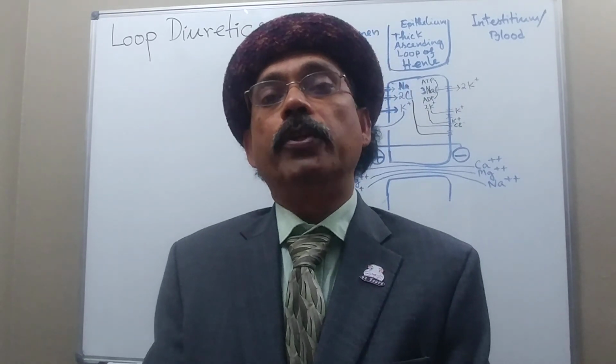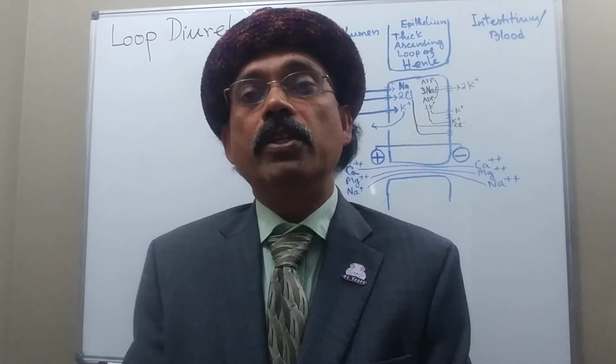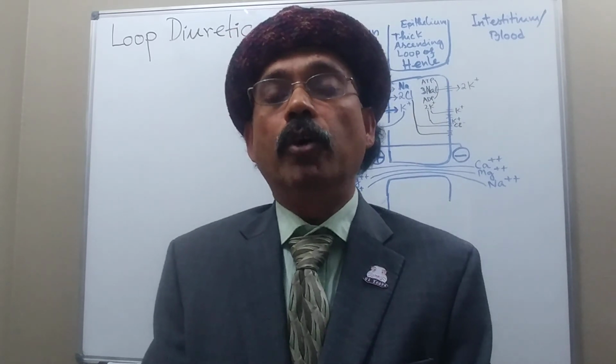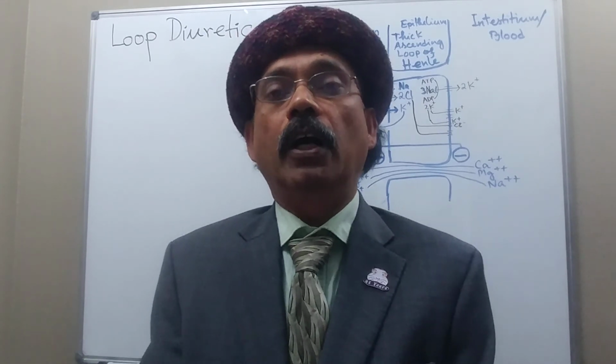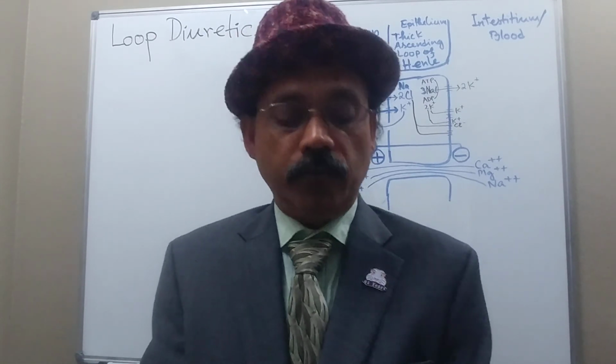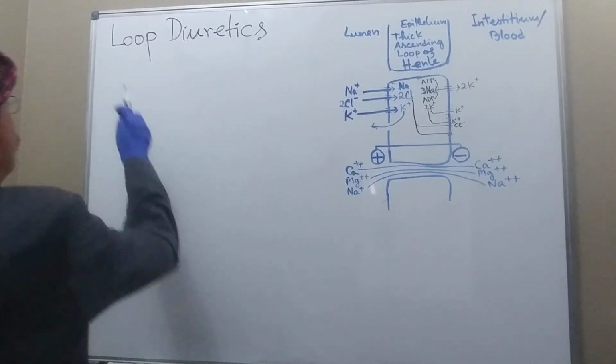Today I will discuss the pharmacology of the loop diuretics. The loop diuretics work in the thick segment of the ascending limb of the loop of Henle. The loop diuretics are the strongest diuretics. The commonly used loop diuretics are furosemide,